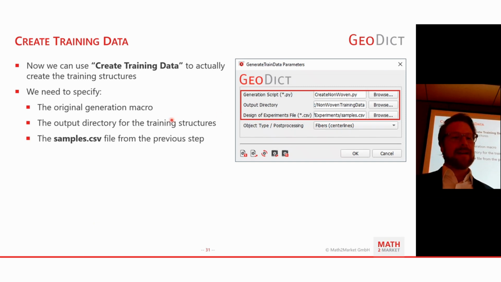We need to specify an empty output directory for the training and test structures, where the structures being generated end up. And we need to select the sample CSV file that was generated in the previous step. And then there's a fourth option here, which I'll explain on the next slide, which is the object type that we are working with.